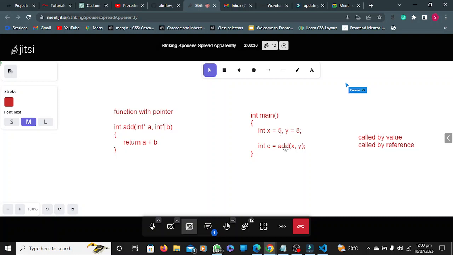Okay, so now this x and y, I want to what? Pass in their address. Once you pass in their address, it means that you are calling by reference. That is, you are referencing this addition function. Now you are referencing this x and y because you have passed in the address of x and y. That is, anything you do inside this function will reflect inside this main function